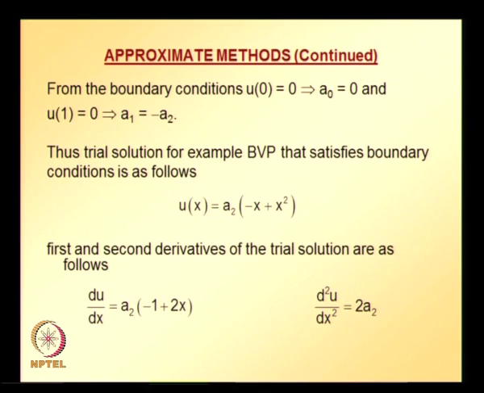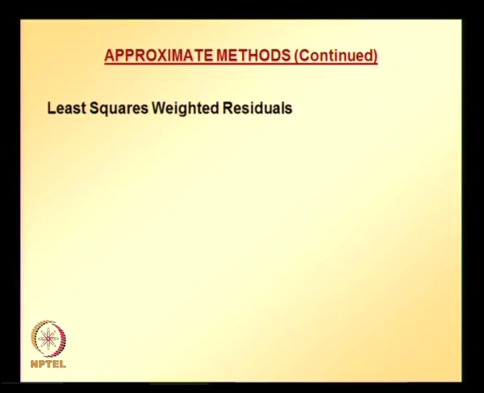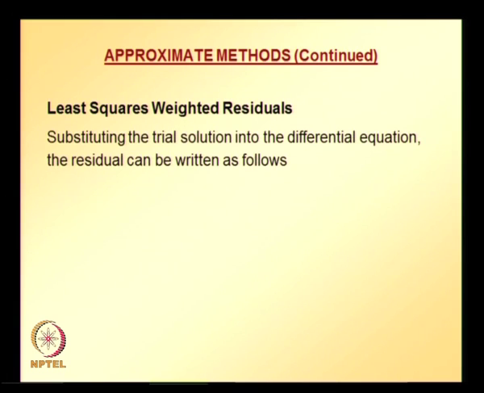In the least square weighted residual method, substituting the trial solution into the differential equation, the residual can be written as follows, and as you can see here, the residual has only one unknown coefficient that needs to be determined, a 2,